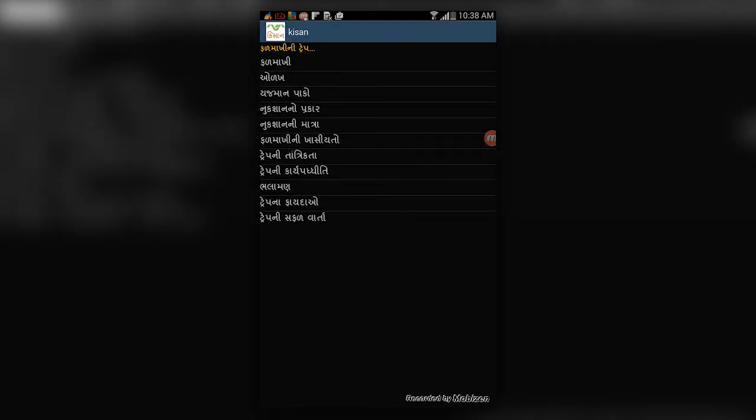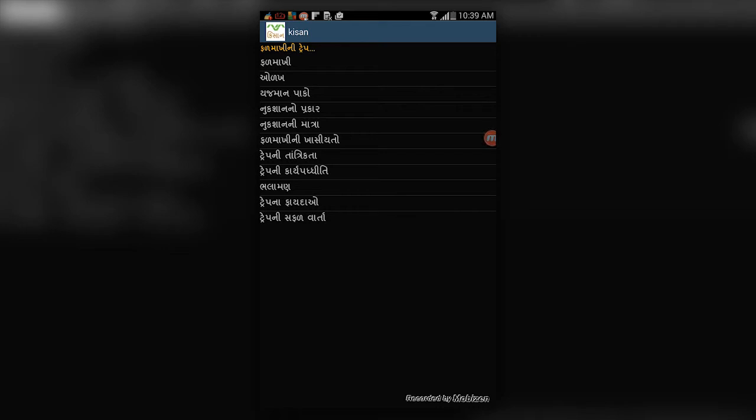Now you will see it here. It has different parameters: how to identify the fruit fly, where it is attacking, what kind of problem it could cause, up to how much it can damage the fruit produce, the different features of that fruit fly, and how to control it using a very low-cost technology developed by Navsari Agricultural University, known as the pheromone trap. Everything is available here. Now I will go back.